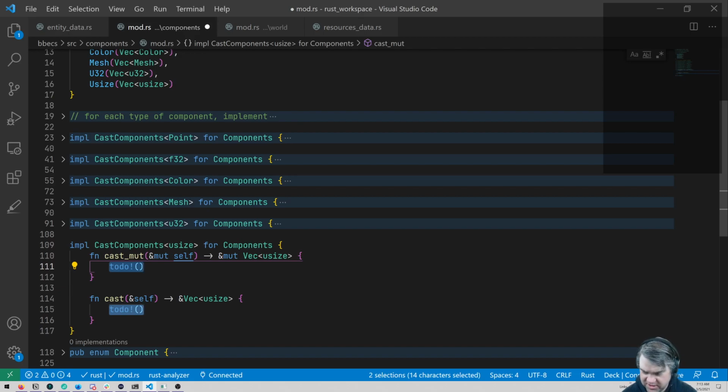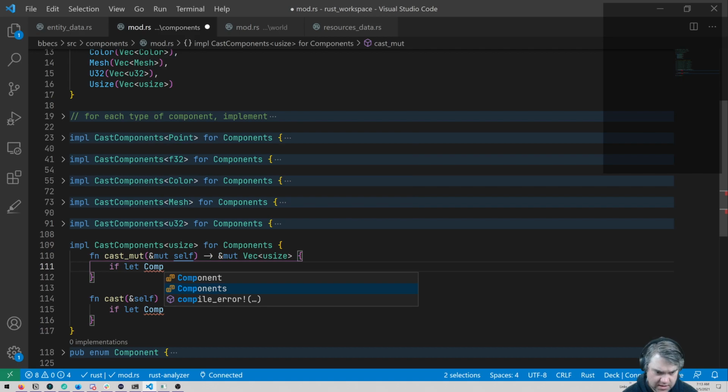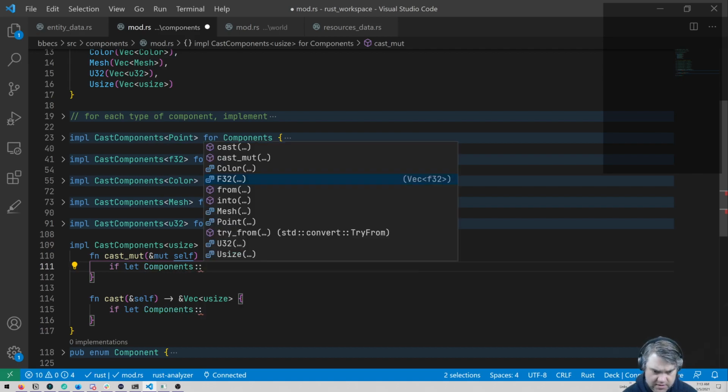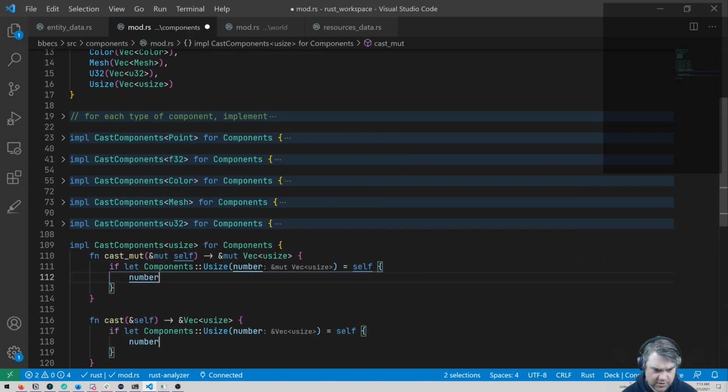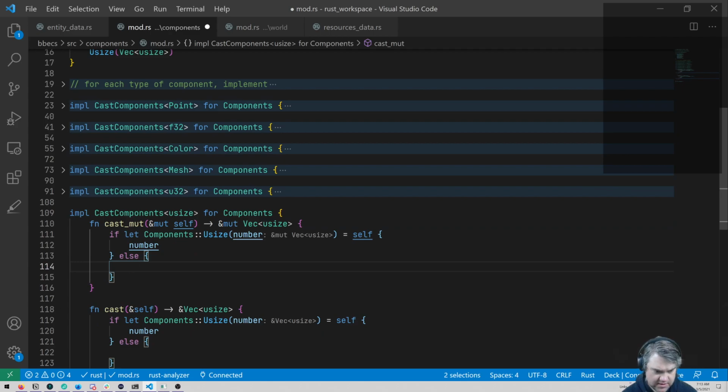I think these are pretty much the same thing. If let Components size number equals self, return the number, else panic.